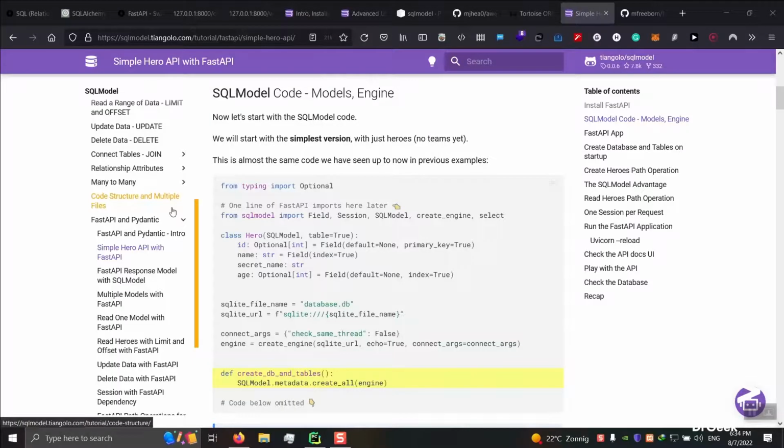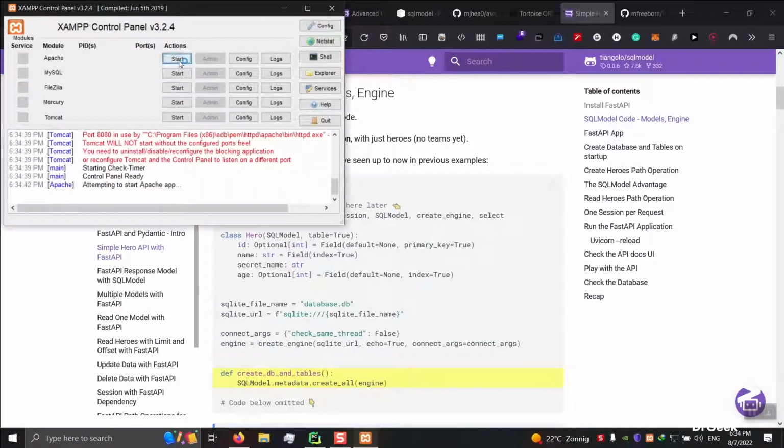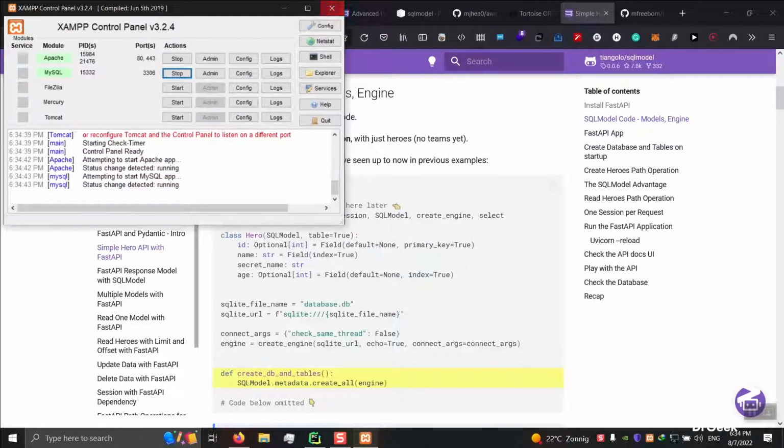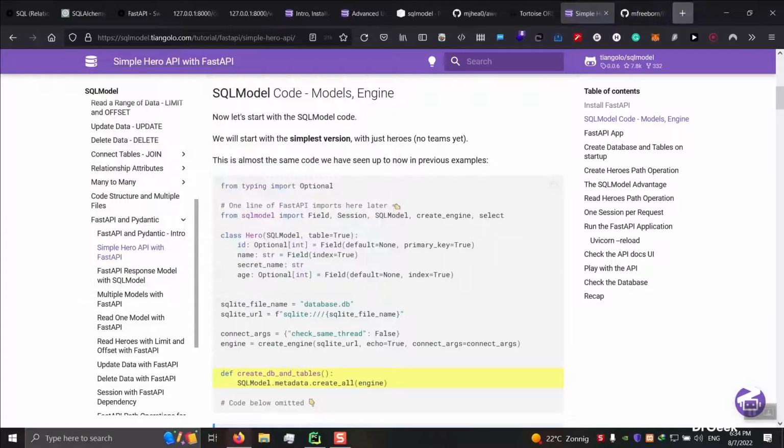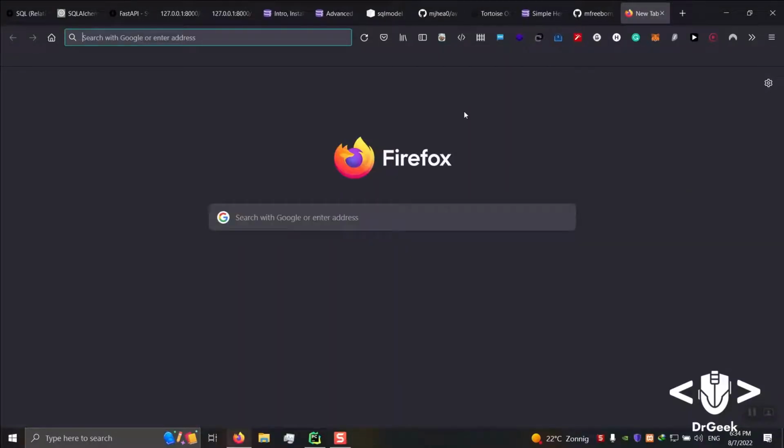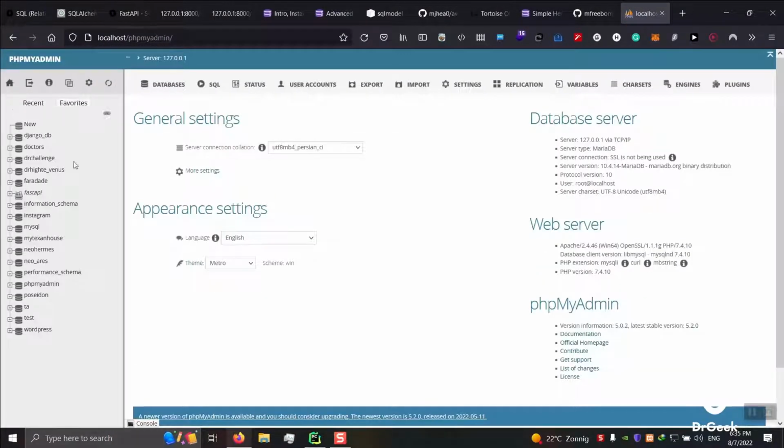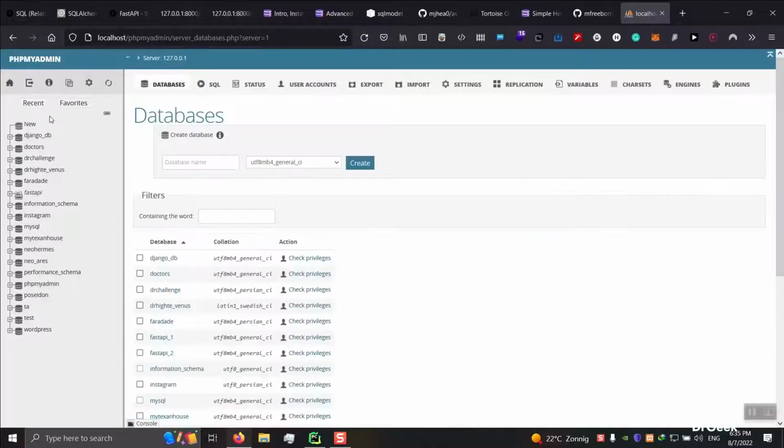Okay, I've got this already here. I'm using XAMPP as my database server, which is good, though you can use any other software. I like this old way of doing this, which is quite old anyway. And for managing my databases, I'm going to go to localhost phpMyAdmin. This is also too old, however I don't have any production database here, so I don't care if you look at this.